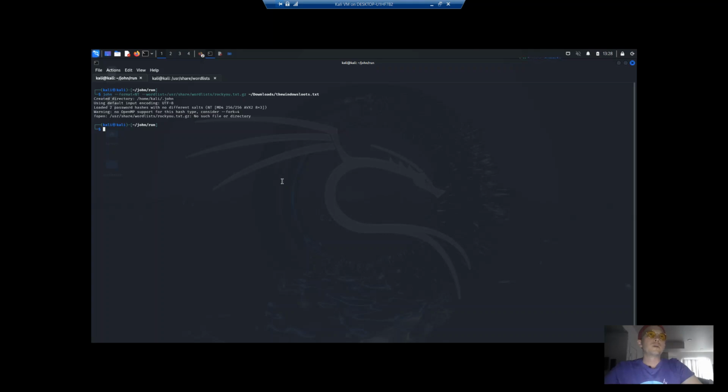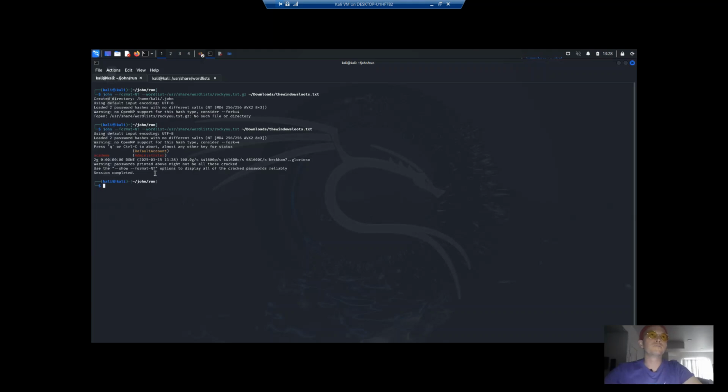Create a directory, loaded 2 password hashes with no different salts. No such file or directory. Oh, that's why. Let's try it again. All right, so looks like we've grabbed one. So let's do